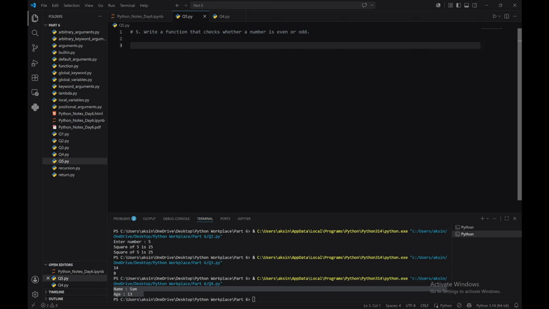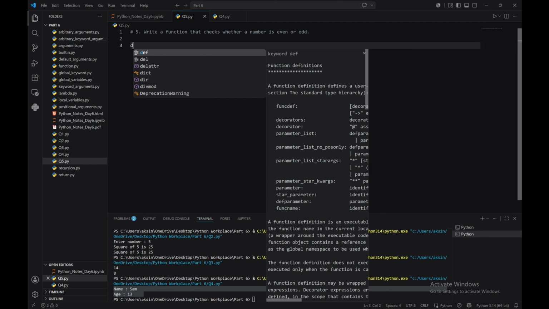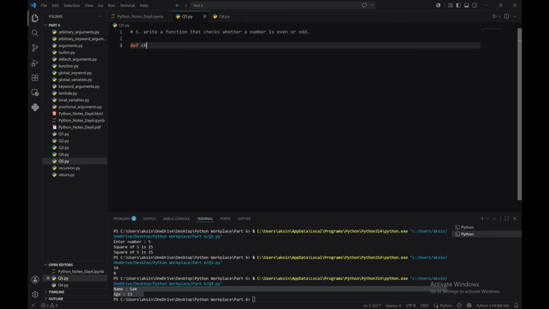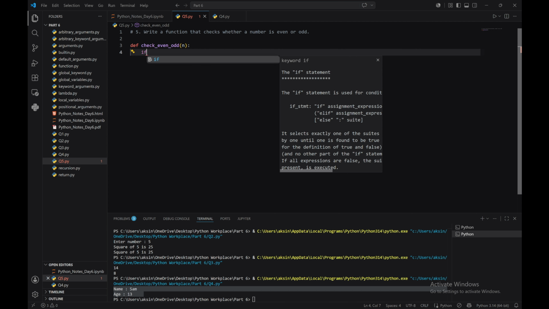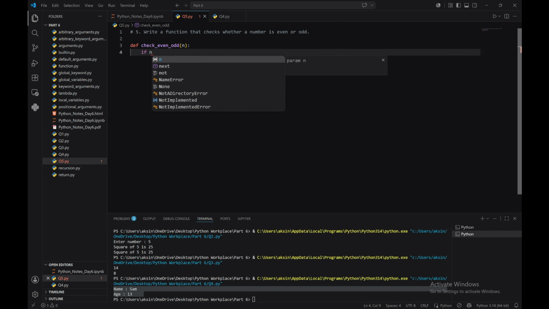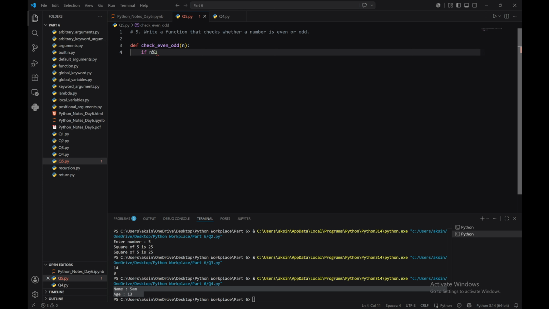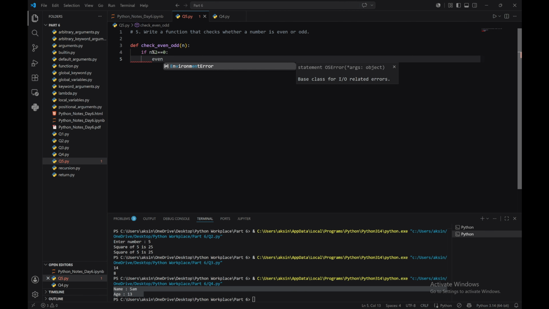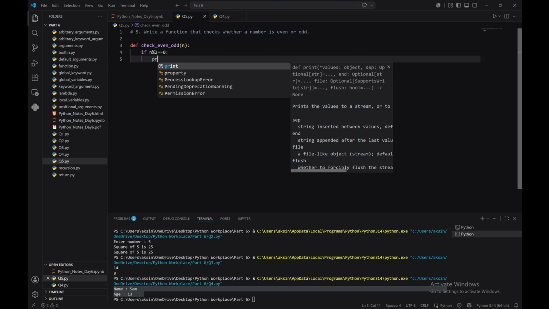Let us create a function named def check even odd, take the parameter as n. If n mod 2 equals 0, then even, then print